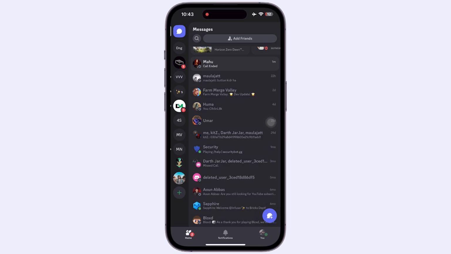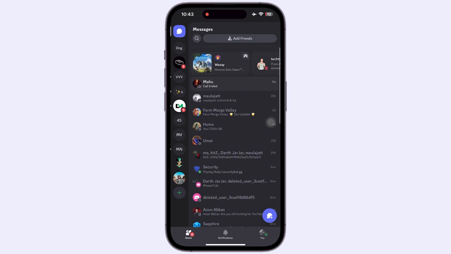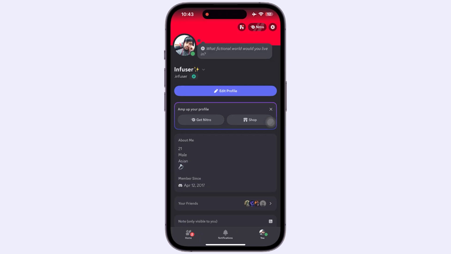Hey everybody, welcome back, and in this video I'm going to be showing you how to give decorations on Discord mobile. So for this one you are going to be simply heading over to your profile and click on this little shop icon right next to Nitro heading,